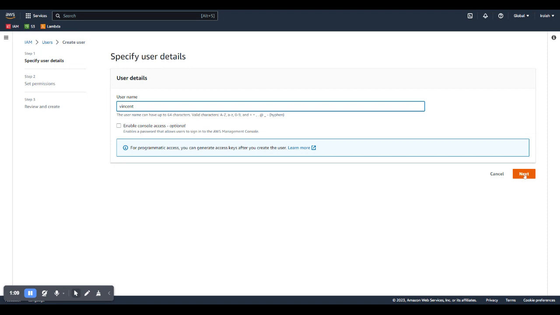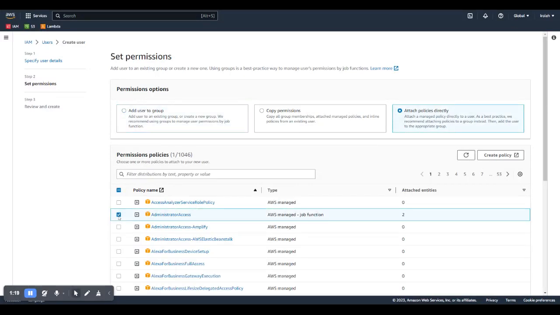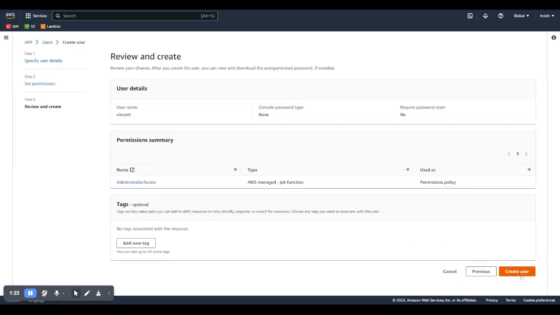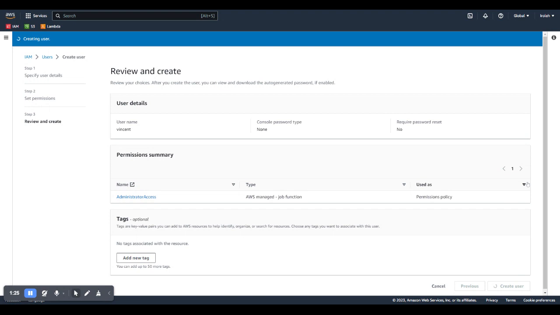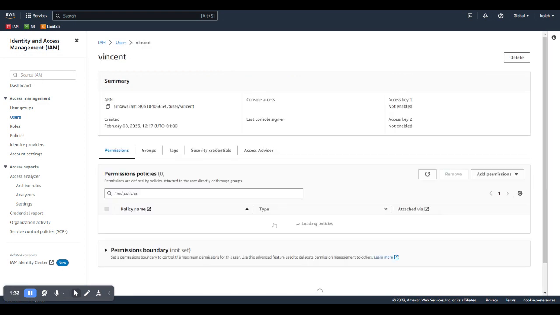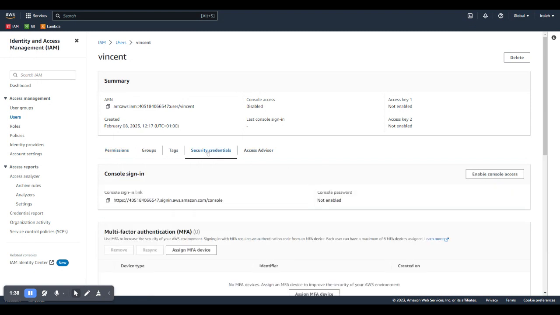So, firstly, you need to create this user, and then you can give this user the privileges that you want to give them. I am going to give this user a full administrative access policy. Next, I will create this user. So after creating this user, I can give this user more access on things I want them to perform. If I want to give this user programmatic access, I can go to the security credentials,